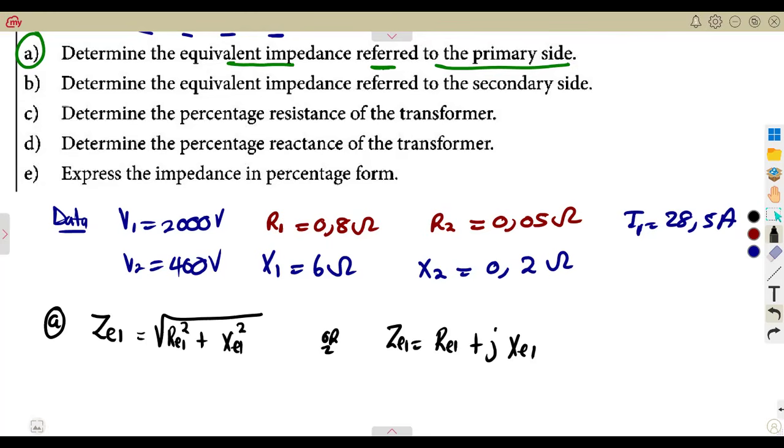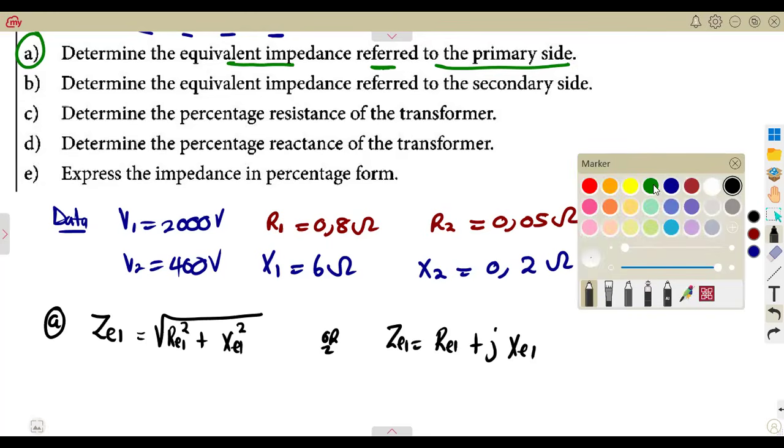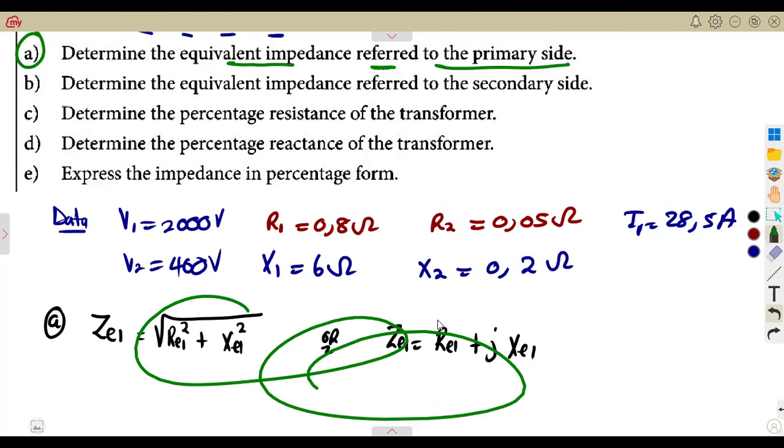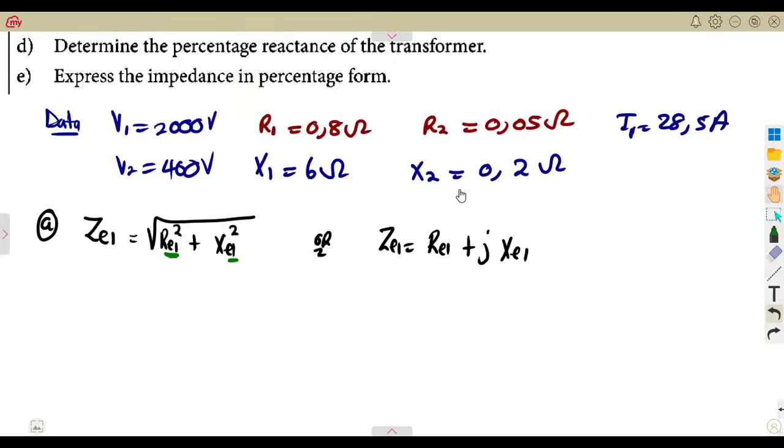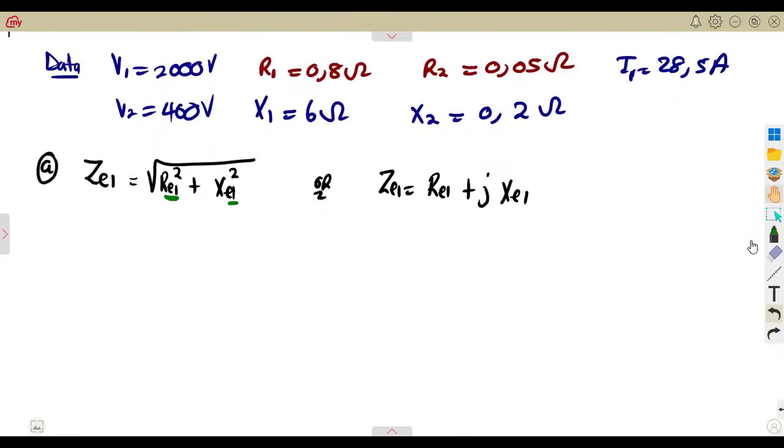So as we can see, on these two formulas that we can use, there is no way we can proceed without the equivalent resistance and also its reactance. We are forced to calculate these. So from our calculations, you must find this. Okay, so we're going to calculate,